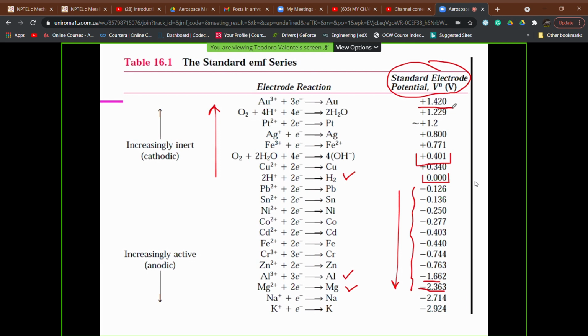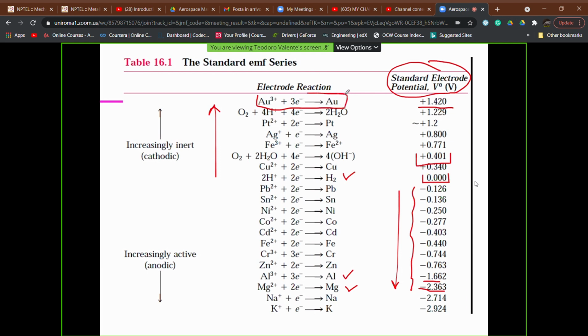the higher the value of E0, the higher the possibility to have an inert element, that is, elements for which thermodynamics tells us that corrosion cannot happen, because we do not have a suitable difference of potential that is positive. We do not have the driving force from a thermodynamic approach from which we can say that the Gibbs free energy is going to be reduced. In this case, if the reaction would happen, the Gibbs free energy would increase, and this means that the reaction cannot happen. And at the first line, we find gold, you see here.